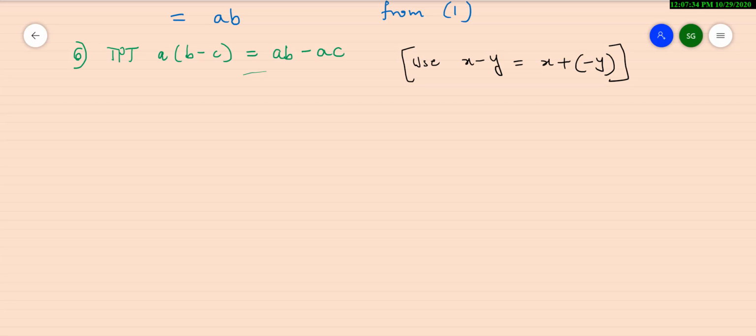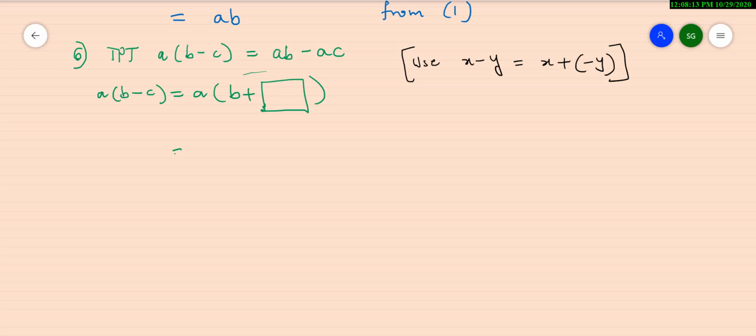Okay, now let me give the hint. You start with the left hand side, that is a into b minus c. Now use the hint which I've given here and try to write down this step plus write the appropriate value over here. So the boxes are the fill in the gaps. You have to fill the appropriate values in the boxes. Okay, and what you are using here, you are using this hint. And then what you get is